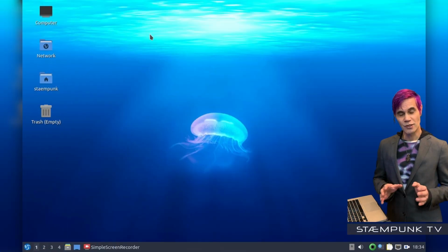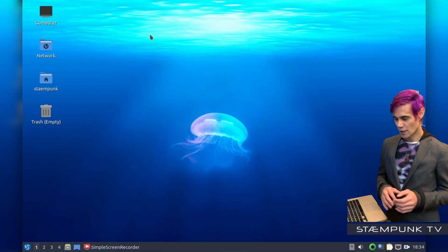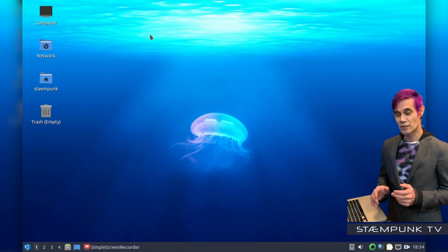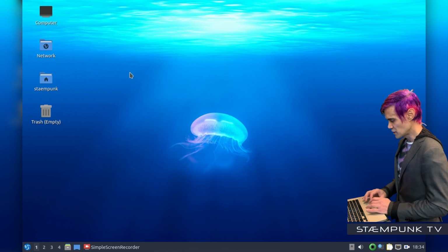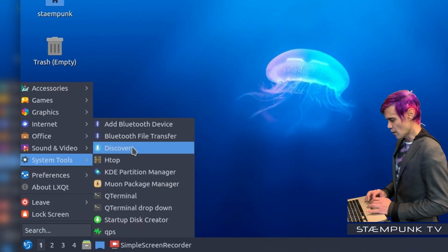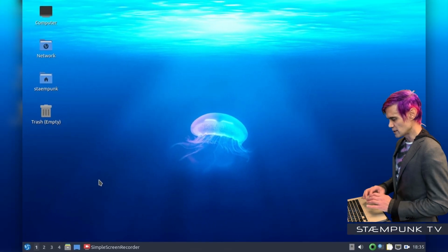Now, one of the issues that many people have with Lubuntu, and Ubuntu I believe as well, is that Snap applications are pre-installed by default. So for example, if I jump into my apps menu and then go up to System Tools and then open my Discover, which is my software center,